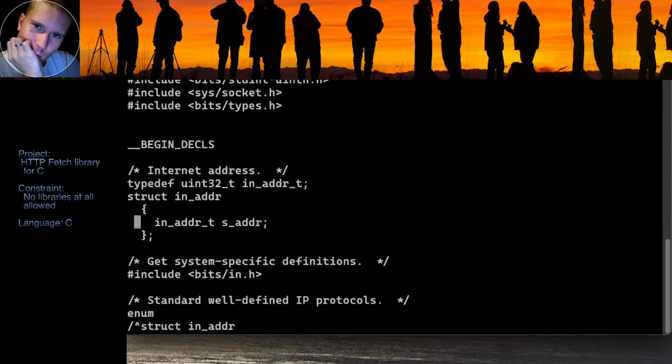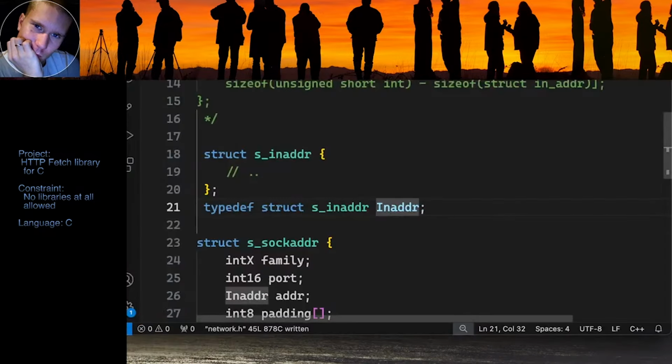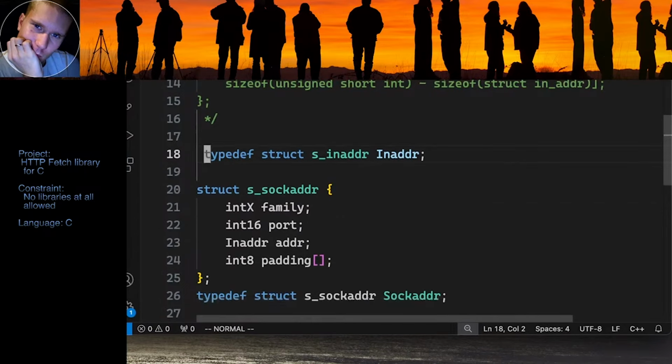No, it's the same. If anyone in the chat has an idea why they put this inside of an empty structure, please do tell. Meanwhile, I will not do it like that. At least I will try not doing it first. So let's just define this in address to be